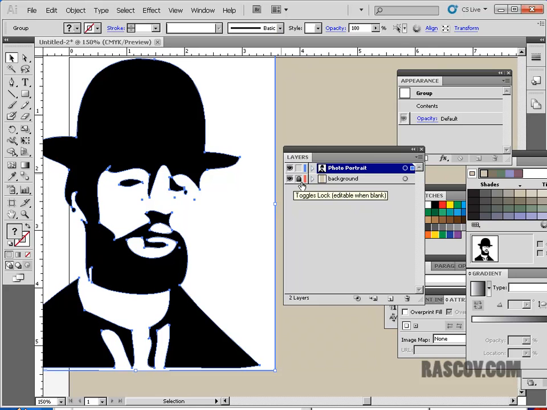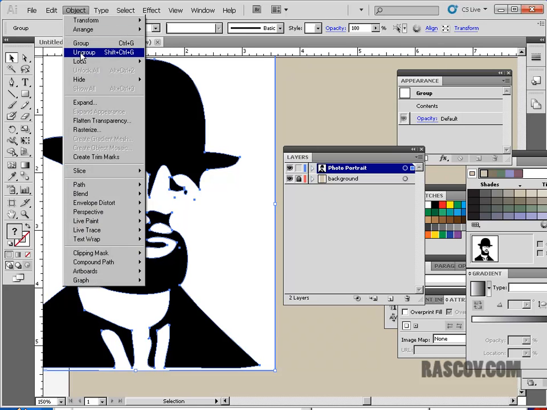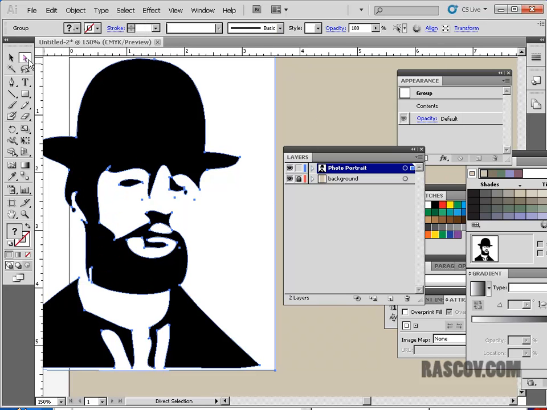It's a good idea to lock it so you don't move it accidentally or select it accidentally. Remember, this is a vector-based application, so when you're clicking on things, it thinks you want to select them. By locking them here, it'll keep you from moving or selecting things accidentally. If I remember, I selected my portrait and grouped it. So if I select it and go under Object, Ungroup, it'll go back to where it was,